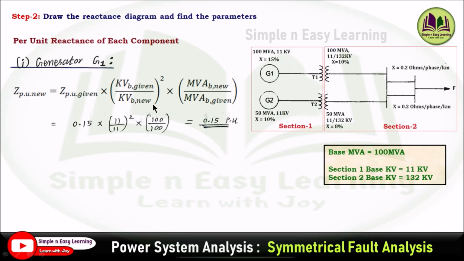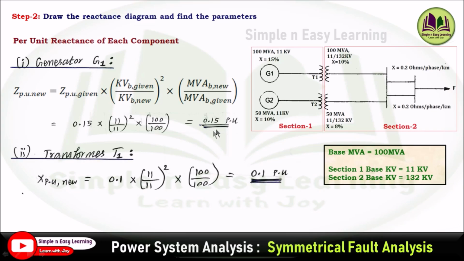and the kV given is 11 kV and the kV new, at section 1, is 11 kV, you can substitute, and MVA new and given is 100 MVA since generator 1 has been taken as the base value. So the answer will be 0.15 per unit. Similarly, you can apply the same formula for transformer 1. The transformer 1 X value is 10%, so 0.1, and the primary side given kV is 11, and the primary side base kV is at section 1, that is 11. So you can substitute, and MVA is 100 for both given and the base value, and you will be getting